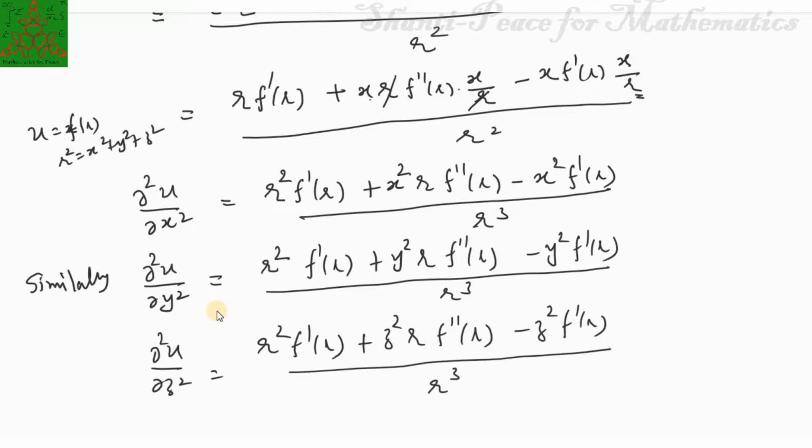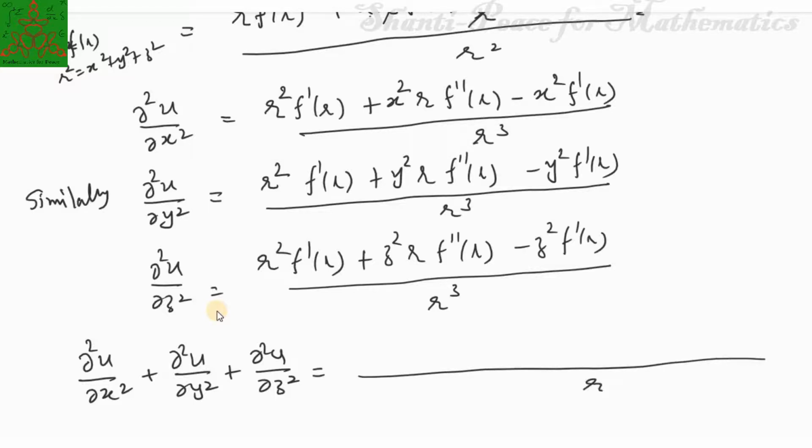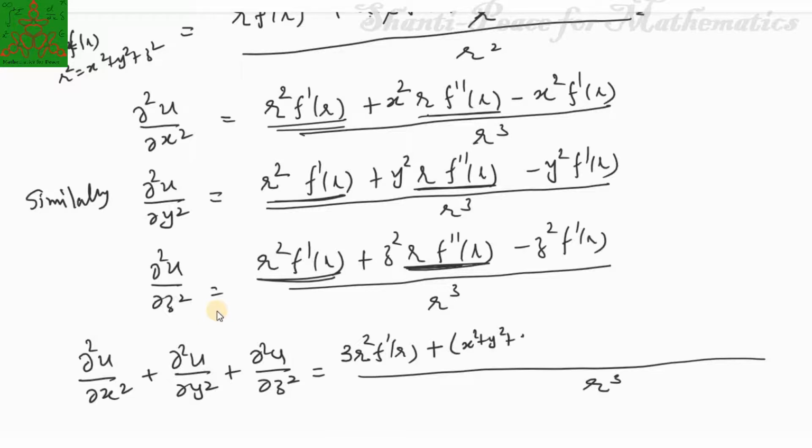Now adding these three equations, what we will have, del square u by del x square plus del square u by del y square plus del square u by del z square equal to, first you should note this r cube is the LCM for all these three equations. This r square f dash of r is coming 3 times, so this is 3 r square f dash of r. Here r f double dash of r is common out. So that's why it is x square plus y square plus z square, r f double dash of r, minus,